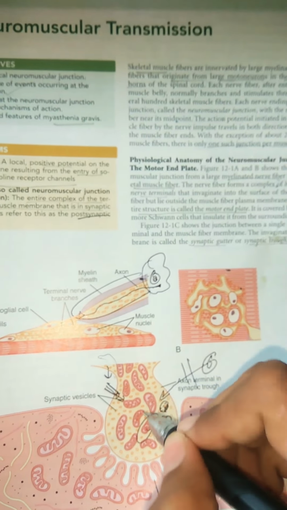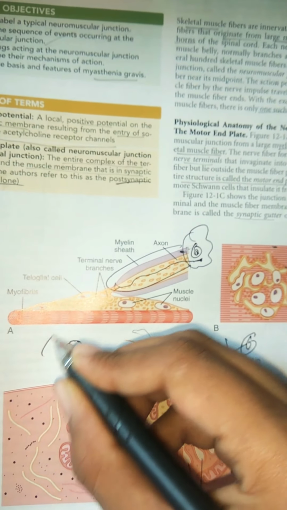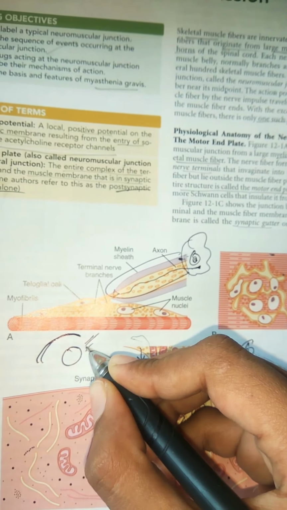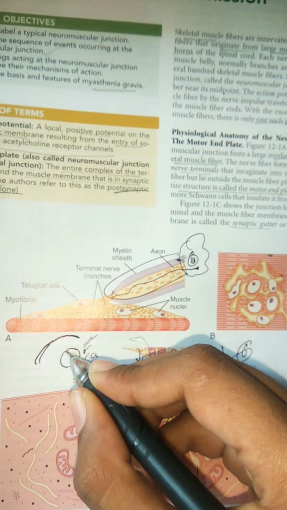Now as the calcium is entering the cell, there are sensitive proteins inside the nerve membrane and also the vesicle membrane. For example, this is a vesicle membrane and this is a nerve ending membrane, right? Because of the calcium influx, these membranes undergo some change, since they have sensitive channels for calcium. As a result of calcium, these calcium proteins ripple, and the vesicular membranes can fuse with the nerve ending membrane and dissolve, finally releasing the acetylcholine. Because of this fusing, they undergo the process of exocytosis, that is, the contents get out from the nerve ending.